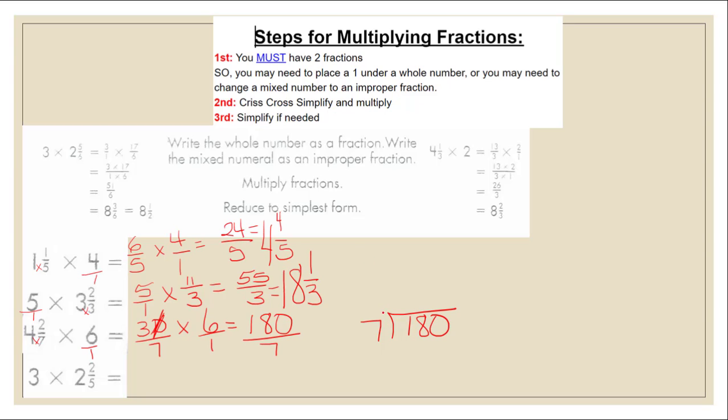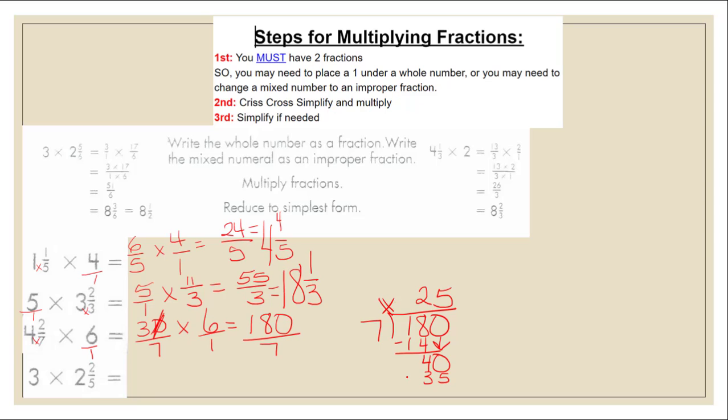Okay, goes into, can 7 go into 1? No, because 1 is too small. Can 7 go into 18? Yes. 2 times, multiply. 2 times 7, 14. Subtract. 1 minus 1 is 0, so you don't have to put that. Bring it down. Goes into, how many times can 7 go into 40? 5 times. Multiply. 7 times 5,